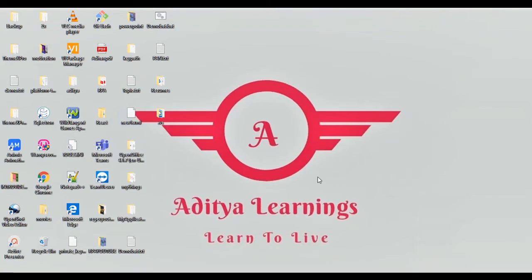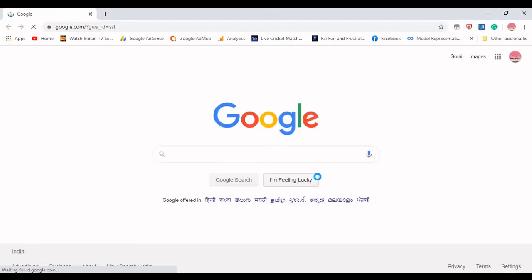Now we can see the opening of the browser, and then it will open the Google website, google.com, and then it will wait for 10 seconds, and then it will reload this particular web page again. So you can see it is loaded and it is waiting for 10 seconds, and it is reloaded again.